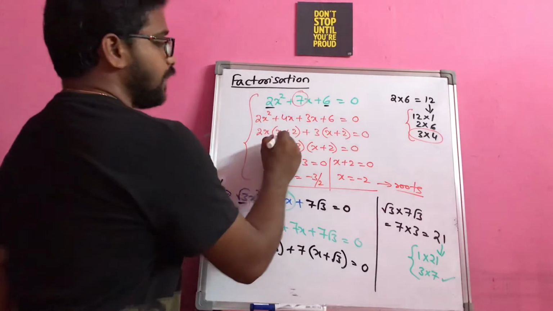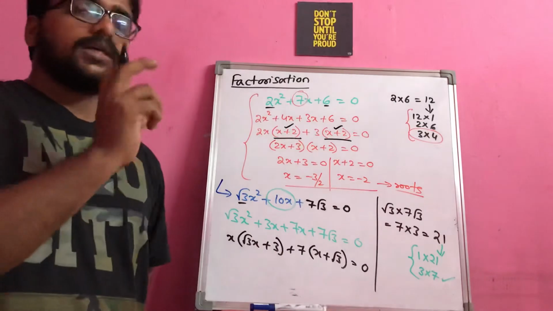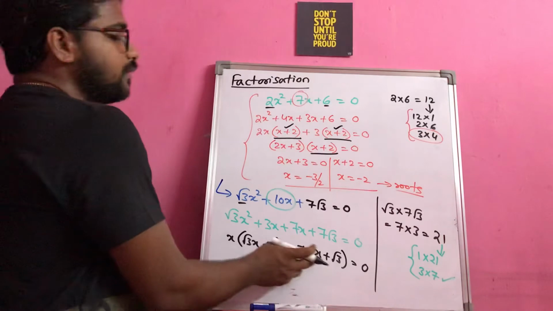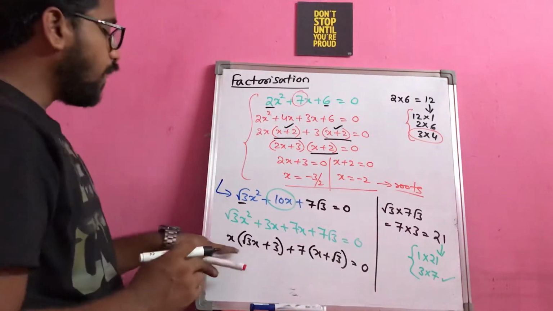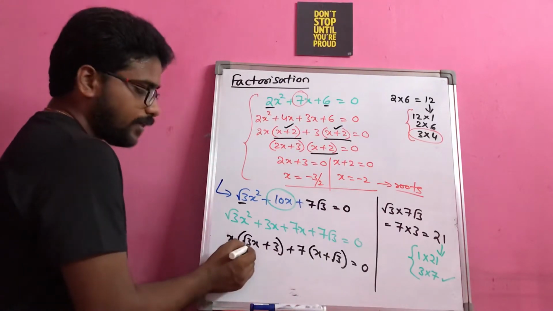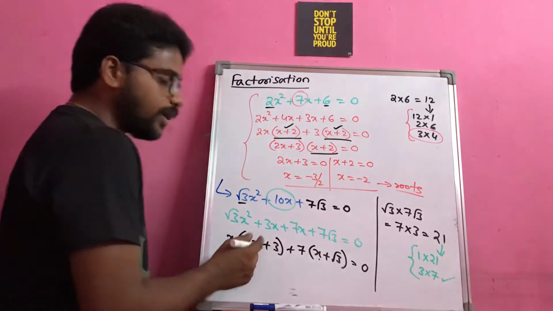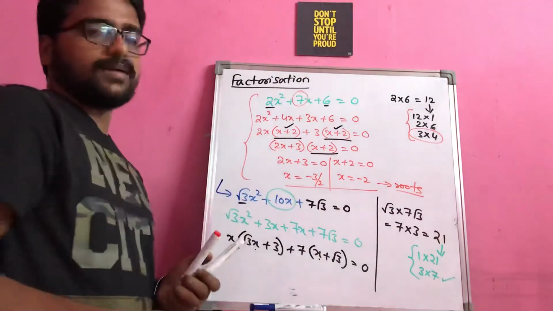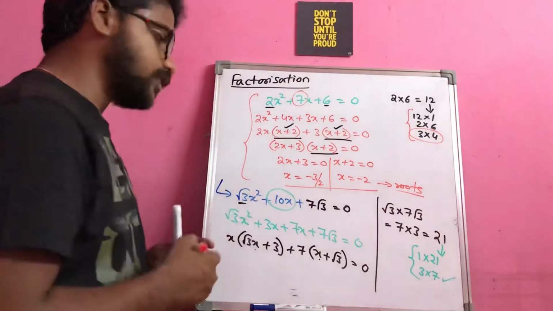See, we should take common in such a way that the same term repeats in both the terms. Then only you can take that entire x plus root 3 as common. But here this is x plus root 3, and this is root 3x plus 3. So how do I make it x plus root 3? Simple thing. Here it is root 3x, here it is x, which means this root 3 has to be pulled out of the bracket. Then I will obviously get x plus something. So the terms will get adjusted automatically once you think in this way.